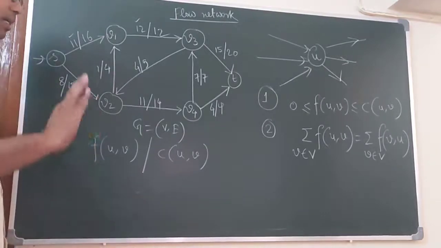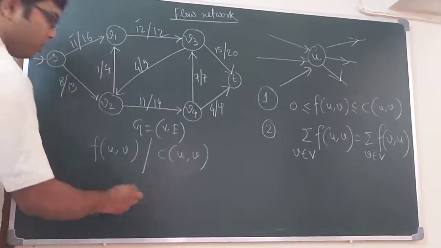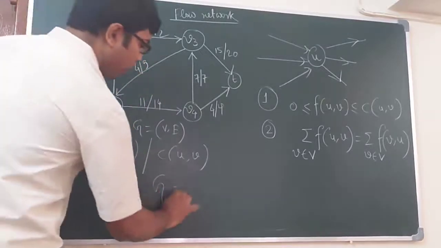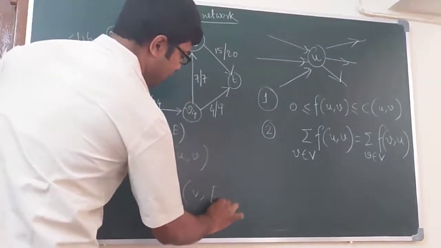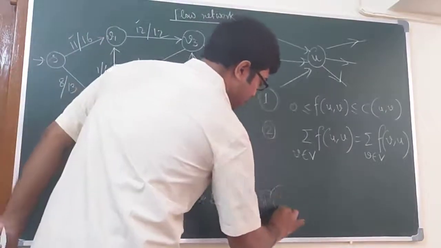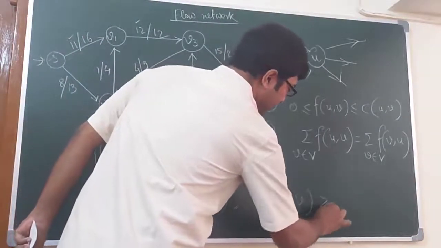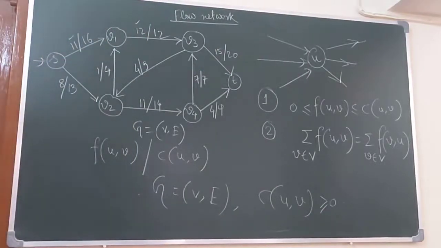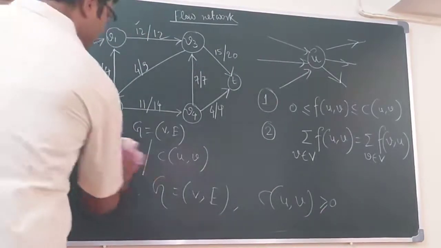So a flow network is nothing but a graph G with vertices and edges having the capacity c of uv greater than or equal to 0. Okay. Now we will introduce the terminology